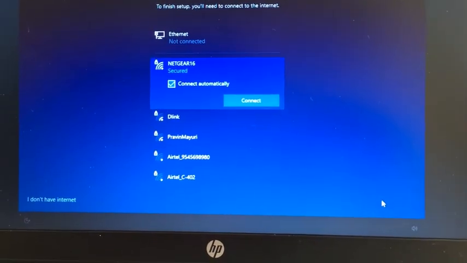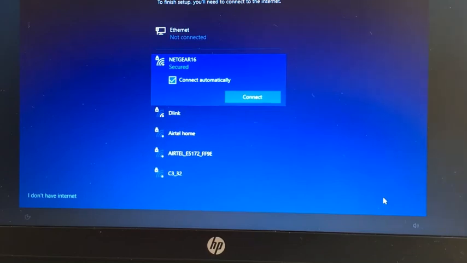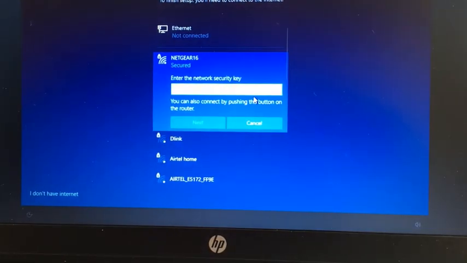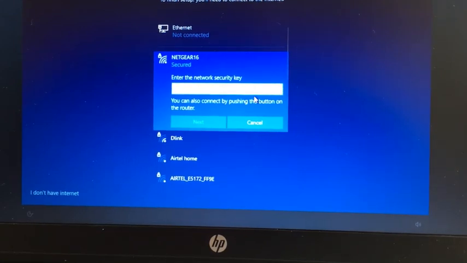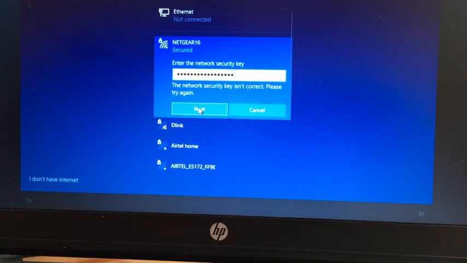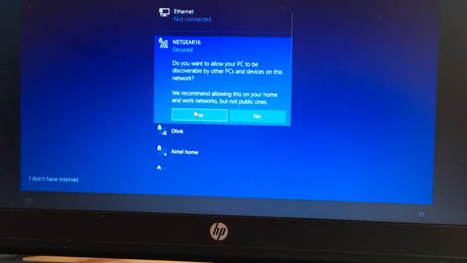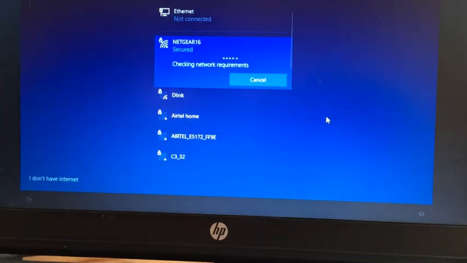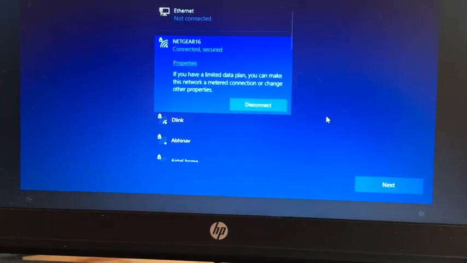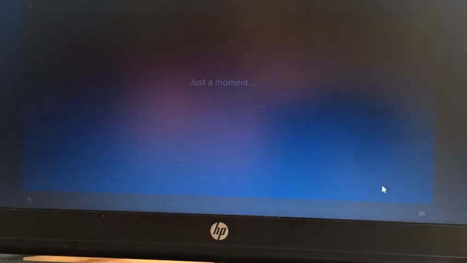Now it is getting connected to the network, so I'll just connect it. I just re-enter the password. I'll just say yes. It is checking the network requirement. I'll just say next.